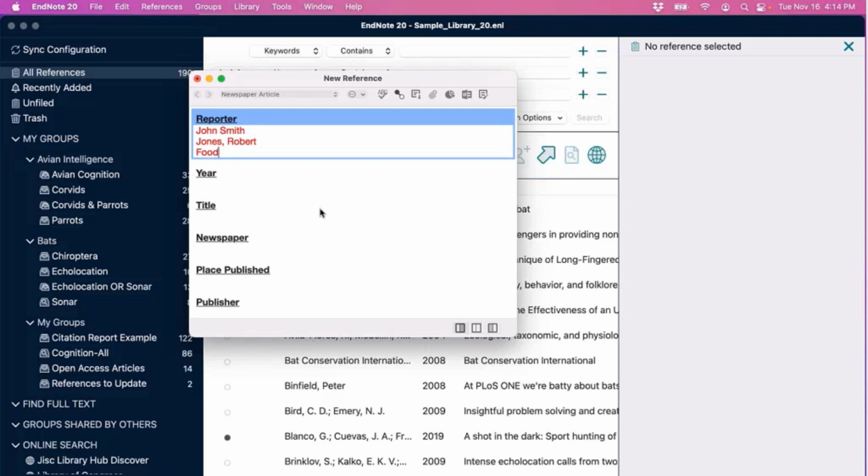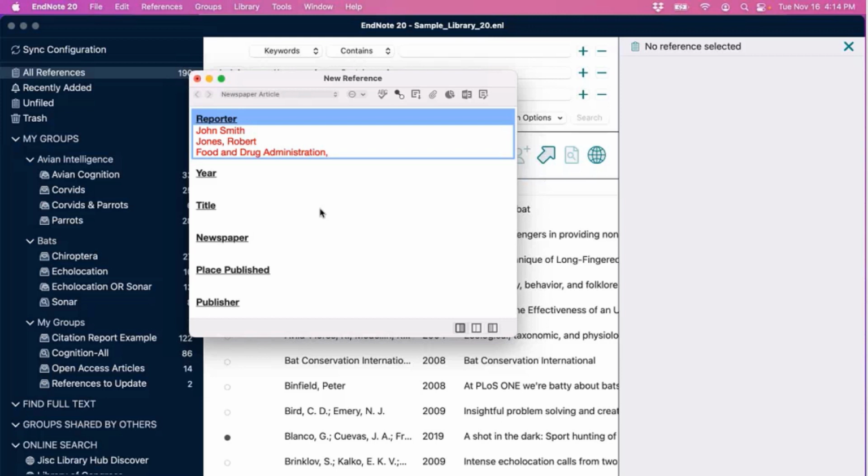You would input the name exactly as you would want to output it in your formatted bibliography, and then you would put a trailing comma at the end of the name. That's basically just a note to the EndNote software that this is not a person's name, and not to try to parse it out as such. So that trailing comma wouldn't carry over into our reference. It's just a note for the EndNote application.